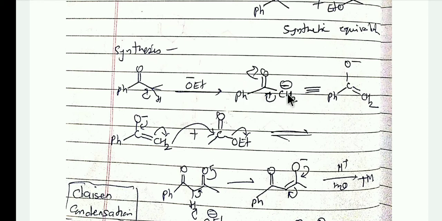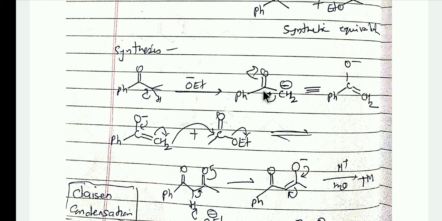Here oxygen is more electronegative than carbon, so the electron is displaced to this oxygen atom and O becomes negatively charged and carbon becomes positively charged. This carbon and this carbon make a covalent bond, so a double bond is created between this carbon and this carbon, which appears here. So another molecule is formed here. These molecules are the resonating molecules of each other.